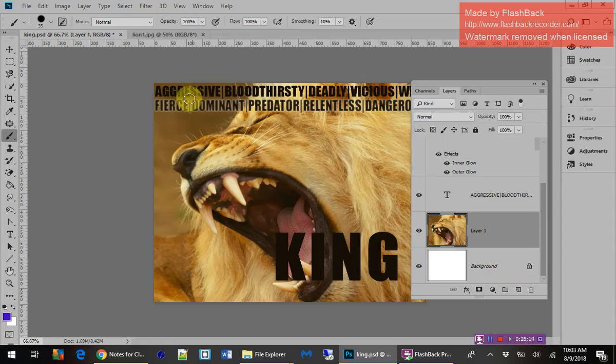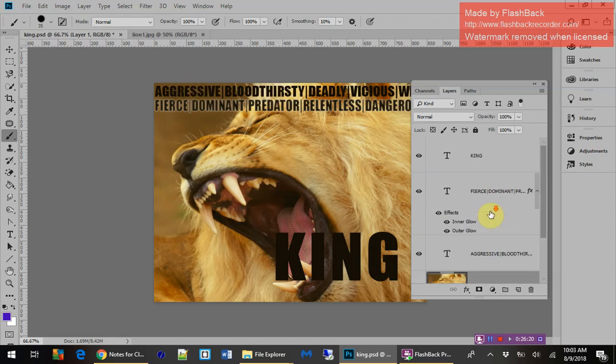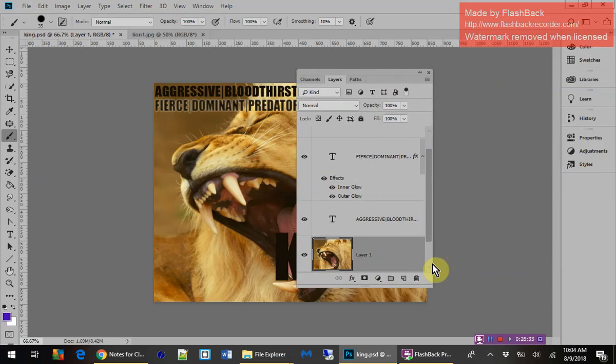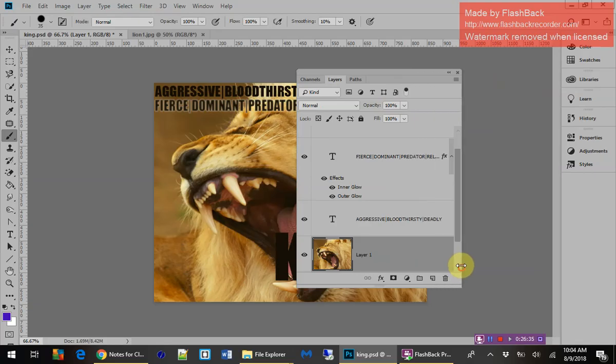Now I'm going to want you to apply those same special effects to each one of those, and then you're also going to want to make it a little bit lighter. I want you to watch this little thing. I'm going to hold down the Alt key, and I'm going to make this a little bit bigger. I can't see it very well. There we go. I'm going to hold down the Alt key, and I'm going to drag the special effects down